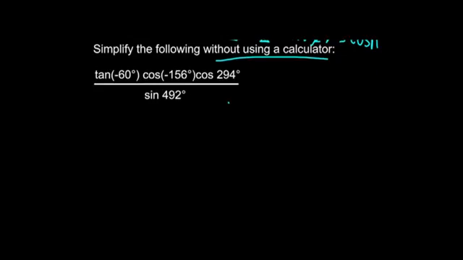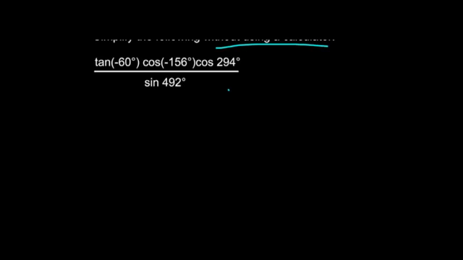Now, what I just want to remind you guys about with your negative angle, because our first term there is tan of negative 60, okay? If you have tan of any negative acute angle, so where theta is less than 90 degrees, your answer will just become negative tan of that angle. All right, so tan of negative theta is the same as negative tan theta if theta is less than 90 degrees. Okay, and then if we've got cos